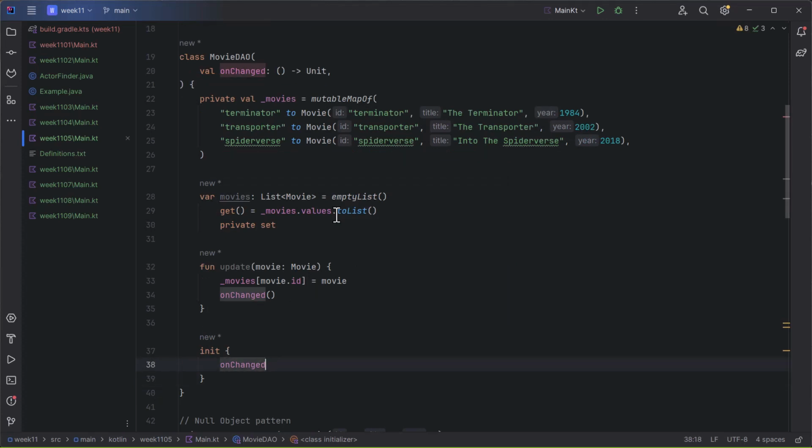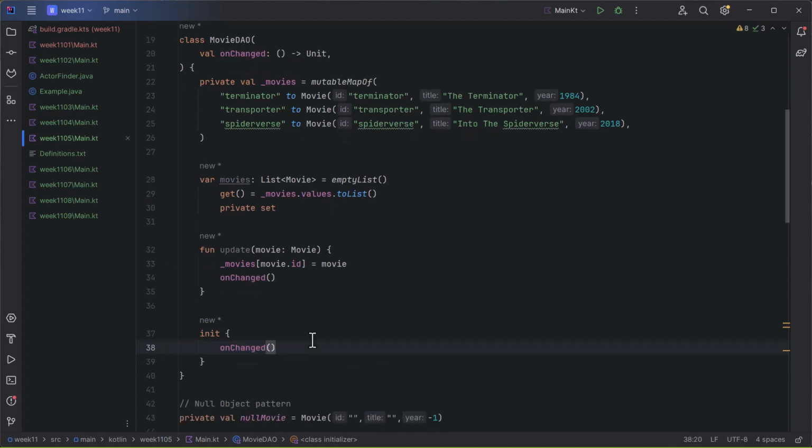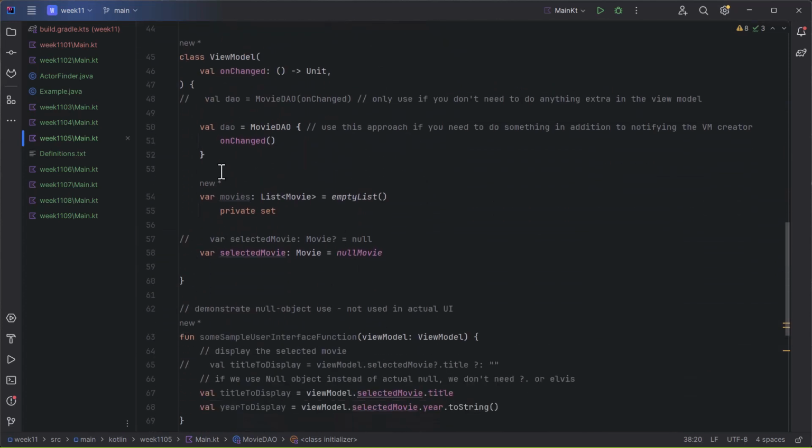Make sure we call it. Be careful on things like this. If you just say onChanged, you're just referencing that variable. You're not actually calling the function. So I'm just going to put the parens there to make sure we call the function. And then that should,